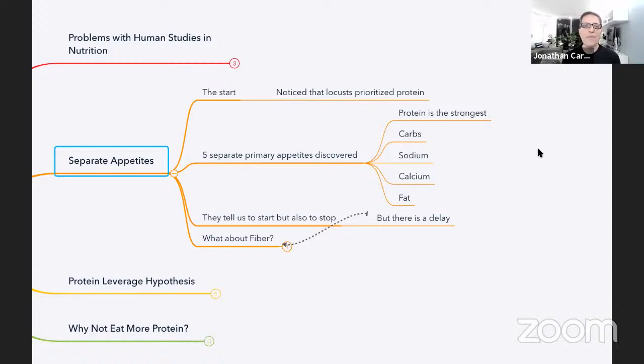And they studied all these insects and animals. They looked at it from these various different appetites. Yes, these other appetites existed for sodium, if you were salt restricted, or carbs, but the one particular appetite that was the most important, the strongest appetite, was to try to get the amount of protein in the diet correct, above and beyond everything else. Which basically meant, and this is what the protein leverage hypothesis is, that we'll get into, that animals and people, as you'll learn in just a moment,